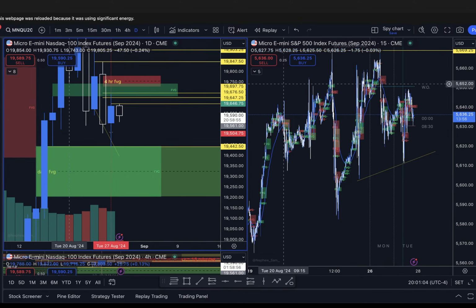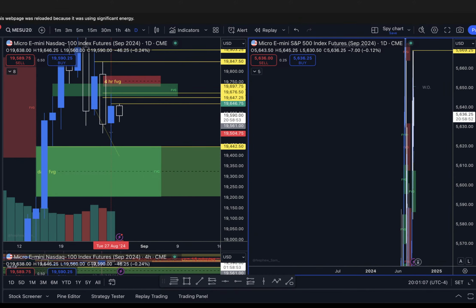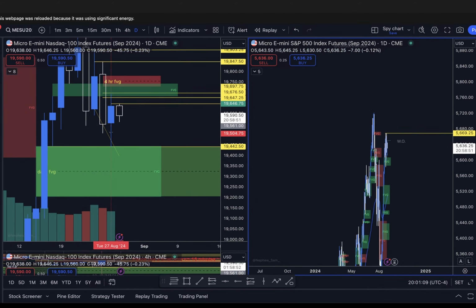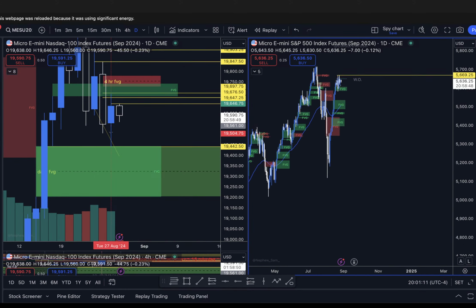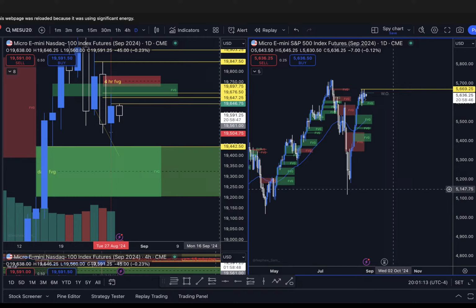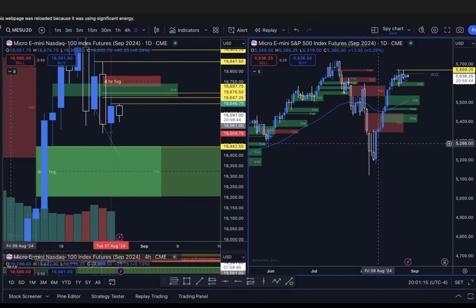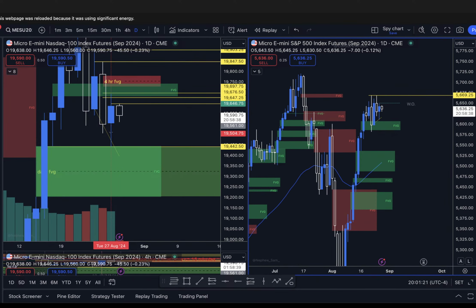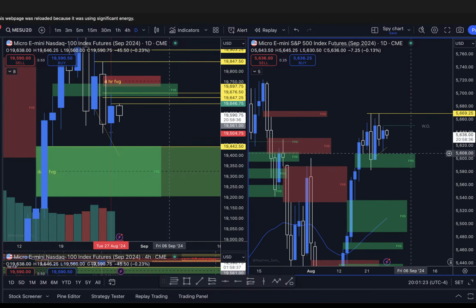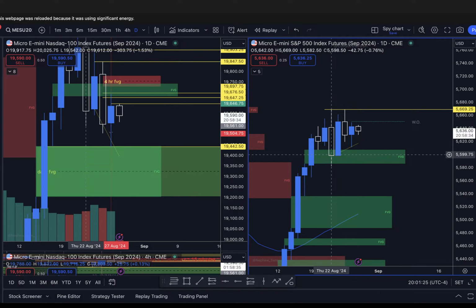So if you look at the daily on ES, we went into the fair value gap way before. What's today? Tuesday? Okay, yeah. We're way up here. On ES, we went into the fair value gap on Thursday last week, and this was our S&P divergence. We had the reversal on Thursday.